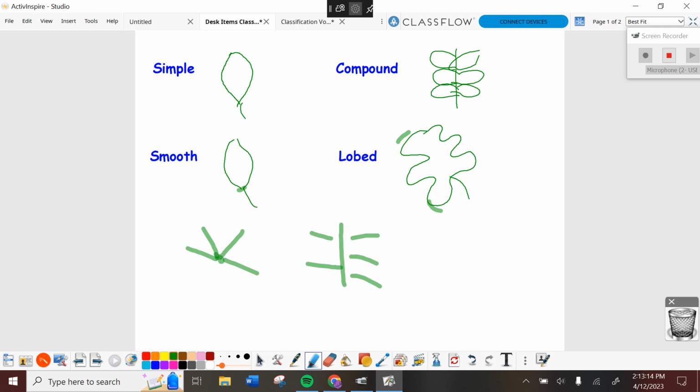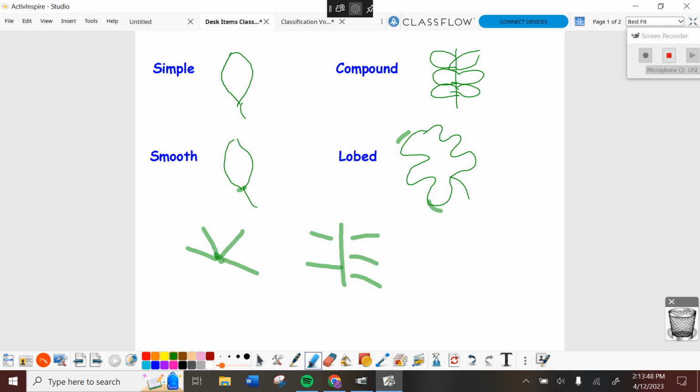Page 5 says, now, find a partner and make your own dichotomous key using the school supplies that you'll come up and get in this bag that I will give you. Check to make sure it's correct. So once you have your key done, and I'm going to demonstrate how you're going to work on this, once you have or think you have your key done, raise your hand and either Mr. Boz or I will come over and make sure that it works. If it doesn't work, you need to fix it. If it does work, you can turn it in. Everybody, both partners need to have a copy because you're turning both of these pages in at the end of the class today. All right?